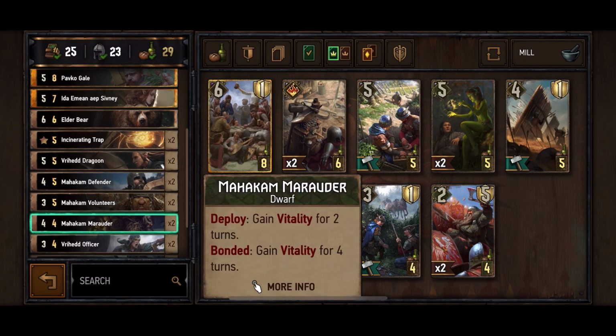Mahakam Marauder: gain vitality, bonded. An interesting keyword here. So if you already have a Mahakam Marauder on the board, which had deployed gain vitality for 2 turns, when you deploy the second one, and the first one is still on the board and not dead, so they're like brothers, holding hands, the second one you play will get vitality for 4 turns. So vitality is actually like a self-boost,